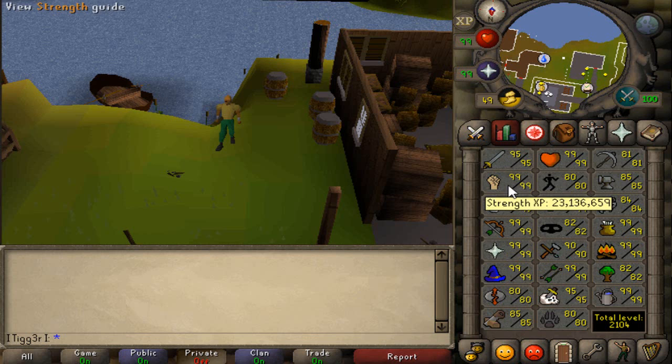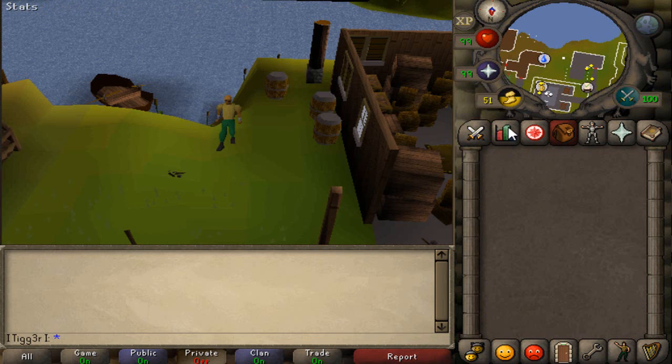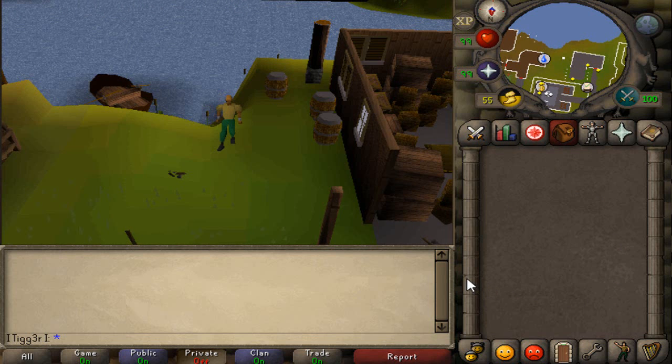I do have 99 prayer and I have 99 strength as well. So hitting them, I was hitting 30s and I was just flicking prayer rapidly, as you saw. And that's how I got as many kills as I would have gotten per hour. Which was 12 minutes, 424, which equals out to be 5 trips an hour. And if you times 5 trips by 3,800, which does fluctuate, the remains can sell from anywhere from 3,800 like